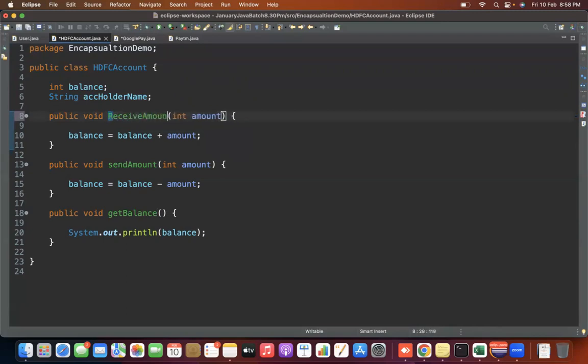Receiving an amount, it is a deposit, and it is a withdraw. And later I am seeing the balance also. This is very straightforward, right? Now, inside the main method,